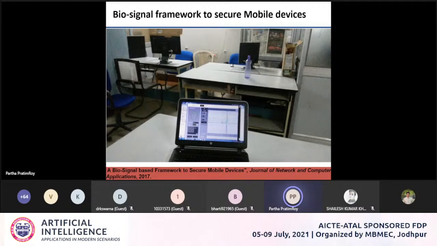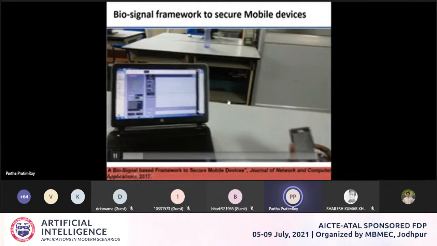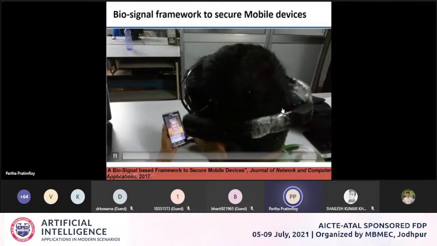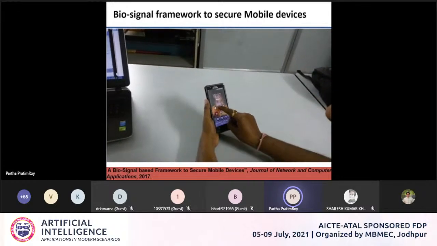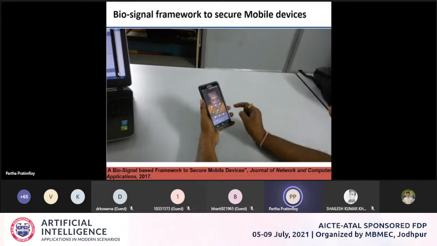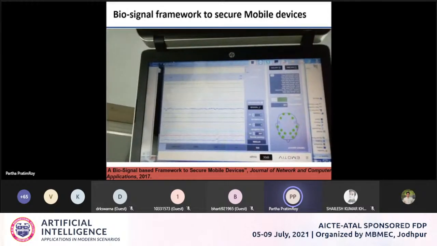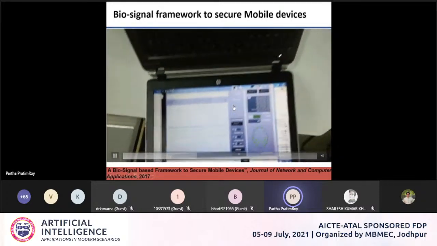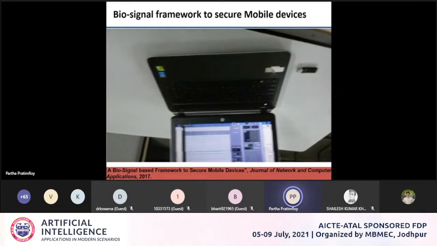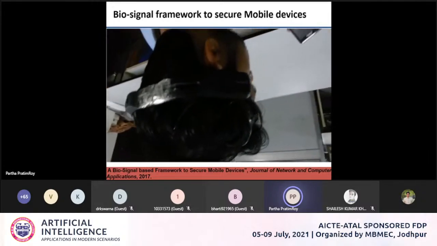Okay, so I'll show you this video. This EEG device was an EMOTIV EPOC+ 14-channel device, and you see these are the signals. And this guy is wearing this wearable device, and he is making the pattern. He is drawing the pattern, and when he draws it, he is the genuine person, so it unlocks. From these signals, we analyze whether the person is genuine or not from the drawing of the pattern. Okay, how he is making the drawing.